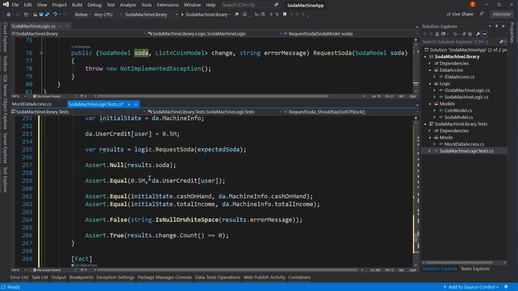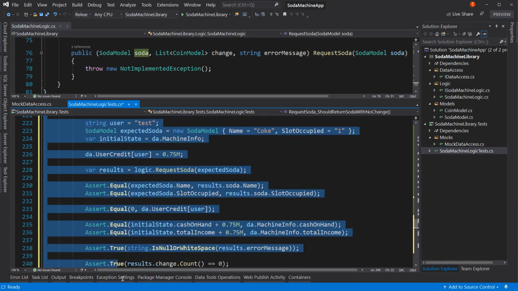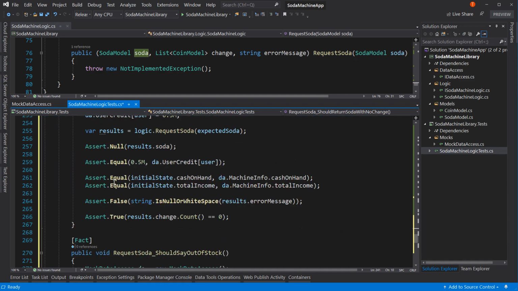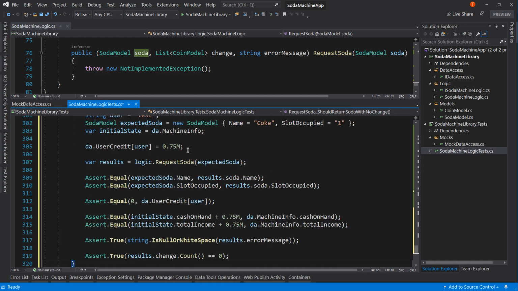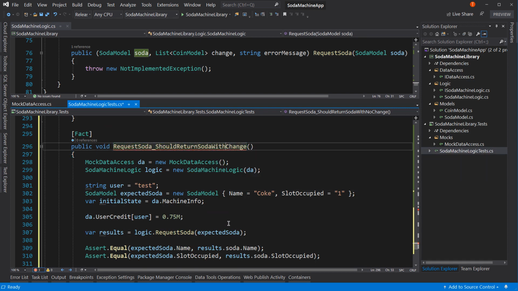Now let's go back to the first one we did for these. So this one right here, I'm going to copy this again. This is the working one, the one that should work. And we'll come down here at the end and paste it in. And this time, what we're going to do should return soda with change. All right. And so it's going to return